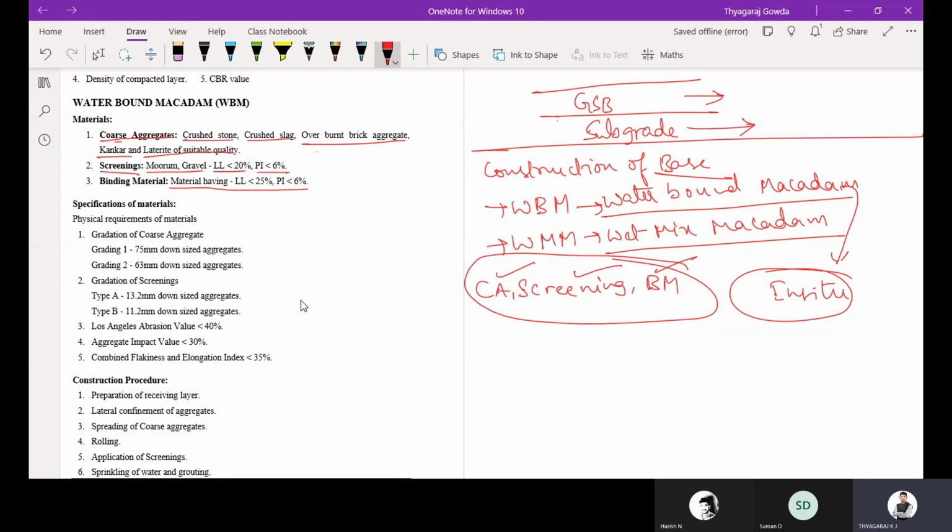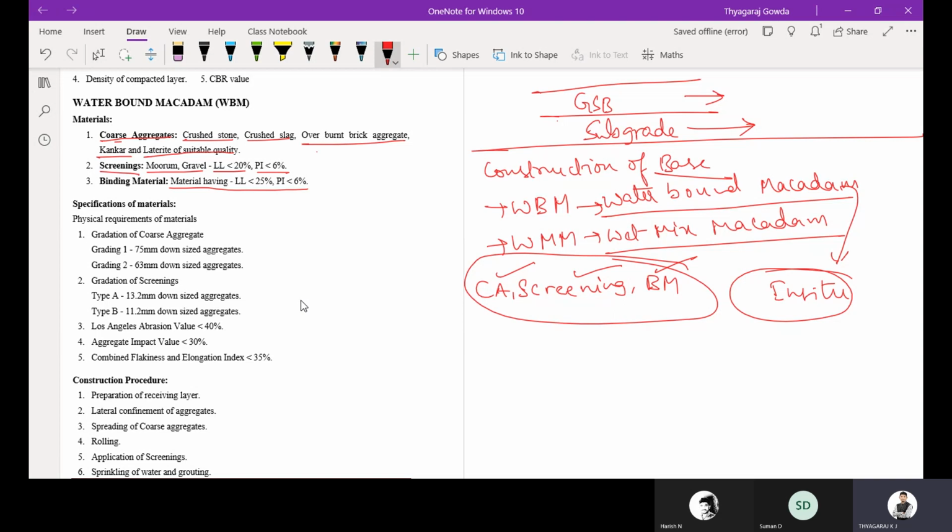So the materials used for the construction of waterbound macadam are coarse aggregates, screening material and binding material. Coarse aggregates consist of crushed stone, crushed slag, overburnt brick aggregates, kankar, and laterite. To fill the voids between the coarse aggregates, the screening material is used, which involves murram or gravel whose liquid limit is less than 20 and PI less than 6%.